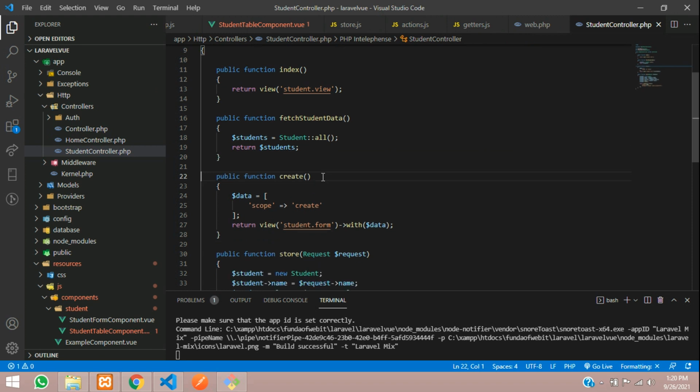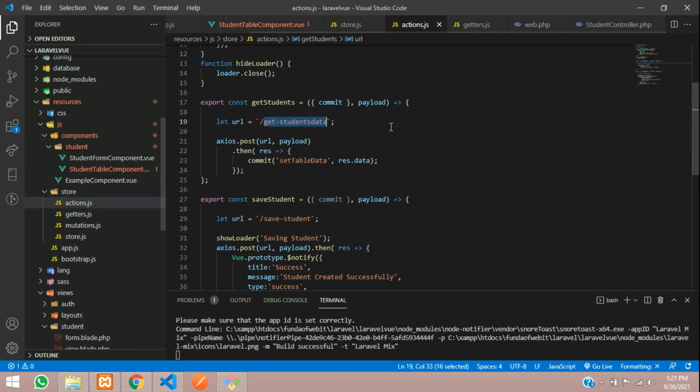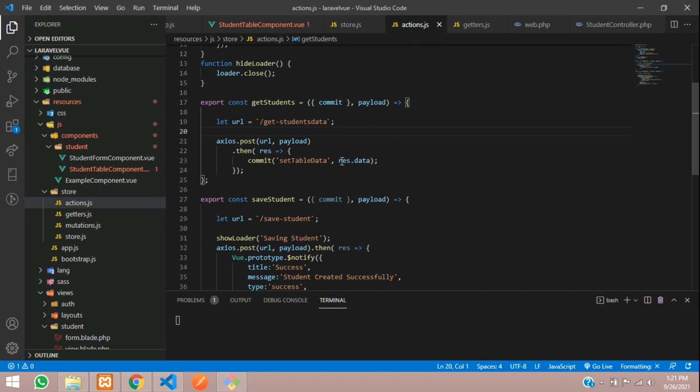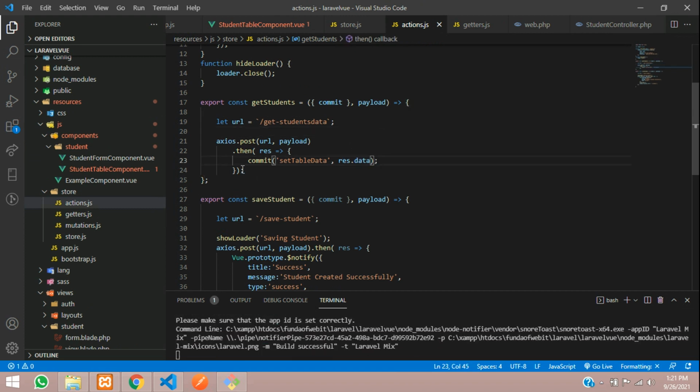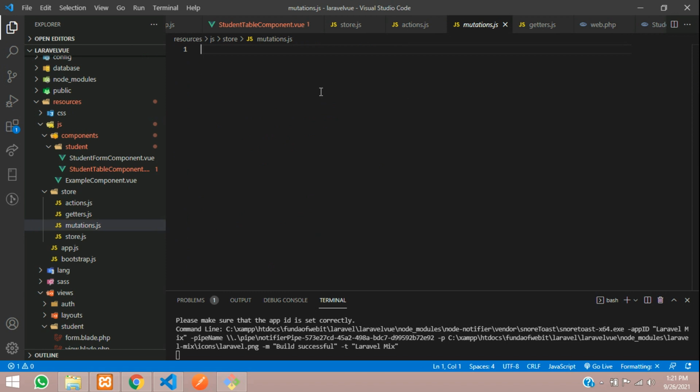All set, guys, and let's get back to our action.js. So now you will get the data over here. Once you receive the data, you are going to commit, which will go to your mutation. So where is the mutation? Here it is, which will